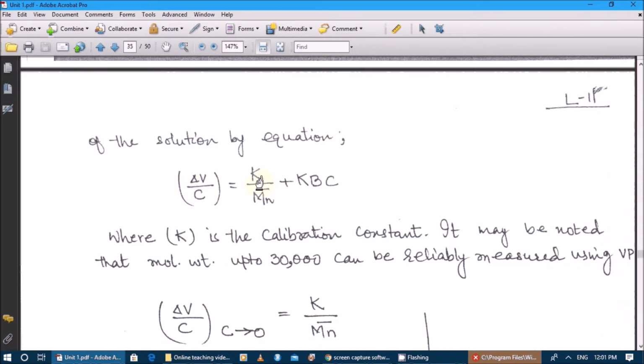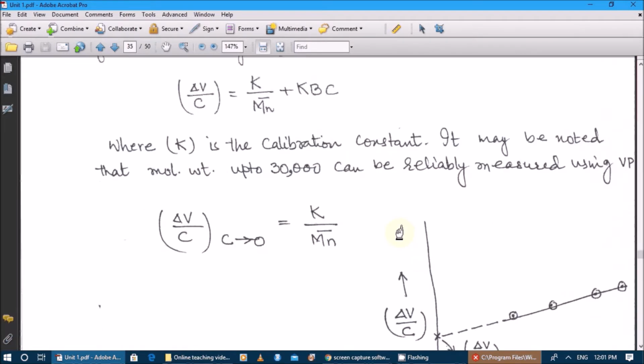C is equal to K over Mn bar plus KBC, where K is the calibration constant, B is the second virial coefficient, C is the concentration of the polymer solution, and delta V is the imbalance voltage of the Wheatstone bridge. It may be noted that the molecular weight up to 30,000 can be readily measured with the help of